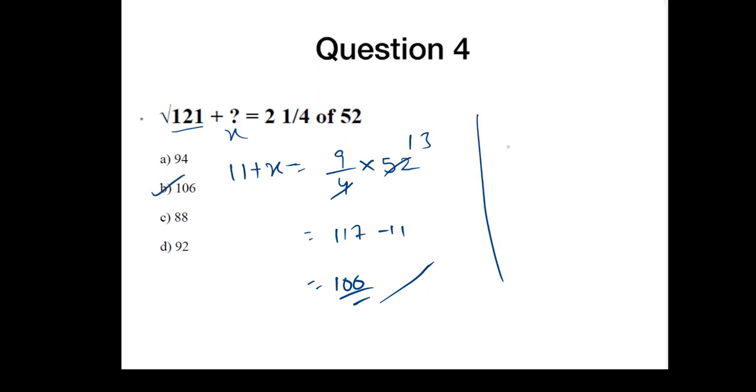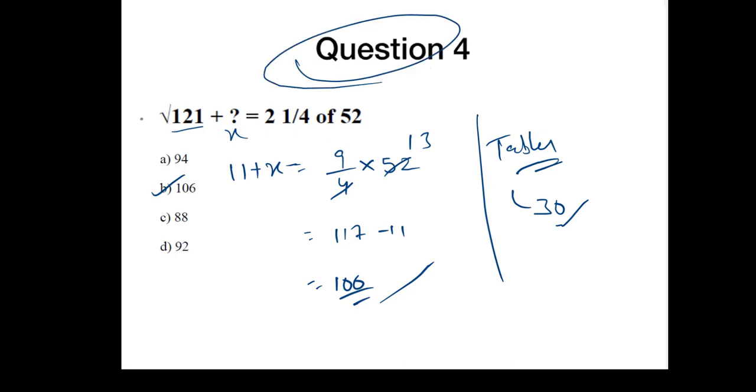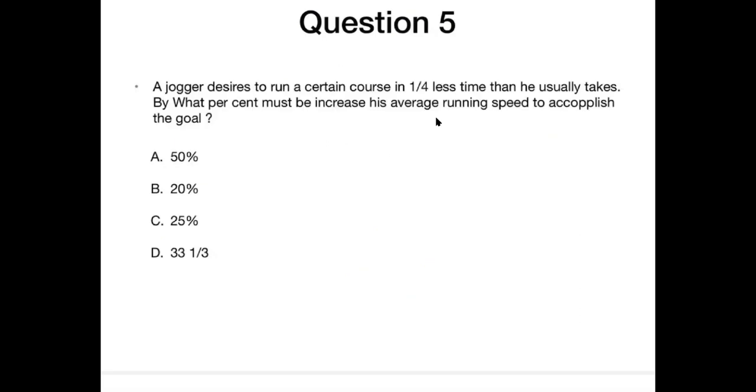Try to remember the tables, okay, at least till 30. So it will be really simple for you to do the simplifications. It will be the scoring for the MT. Okay, so going ahead. The question here, the fifth model: a jogger runs a certain course